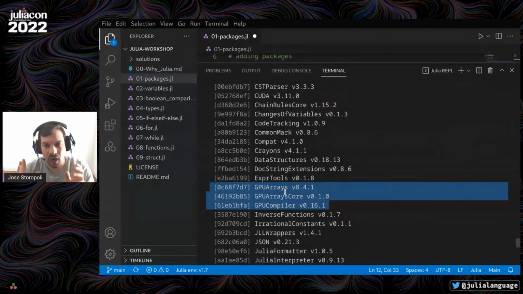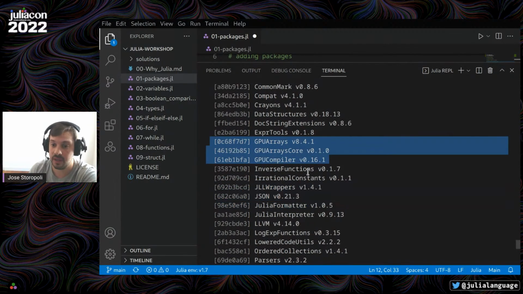If you want a 100% reproducible environment, you send your code to your collaborator along with your Project.toml and your Manifest.toml. That guarantees they will have the same environment as you do, the same package versions and everything. So the code will run the same in both environments. That's one nice thing about Julia, and it's right in the default install of Julia. You don't need to install anything to use the PKG